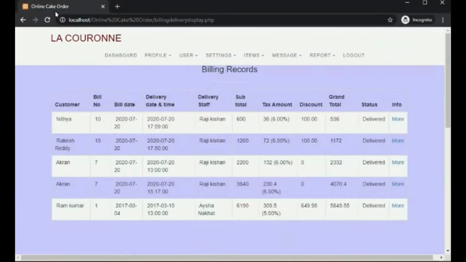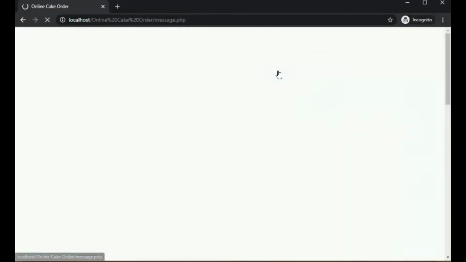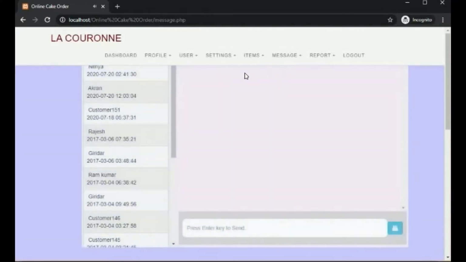Under staff, in messages, under inbox, here the staff can view the messages from various customers, and staff can reply to the message from the customers. We can view the message from Nitya as hello, and staff can reply to the message.